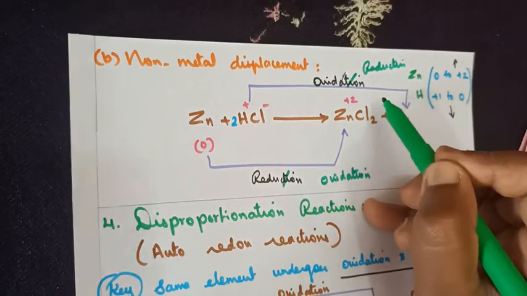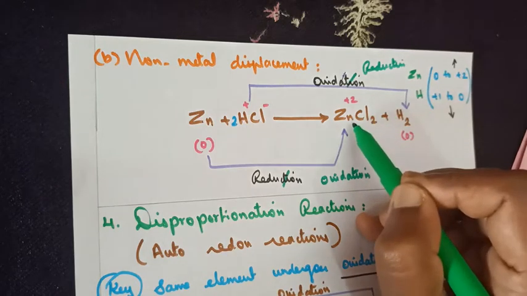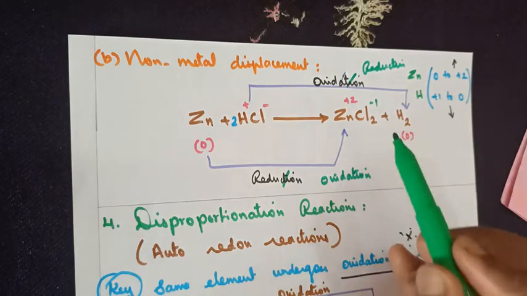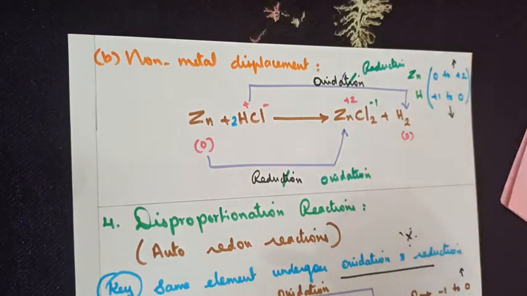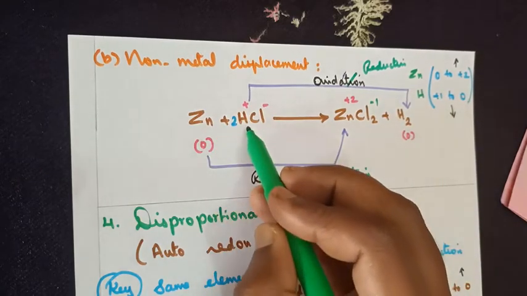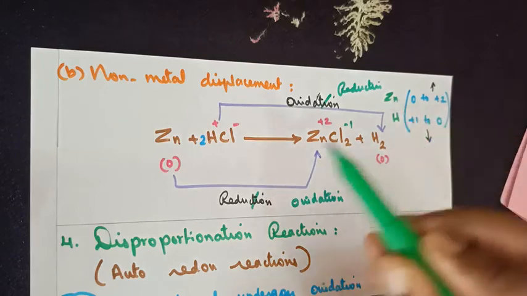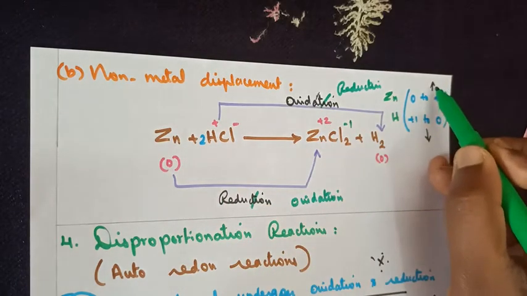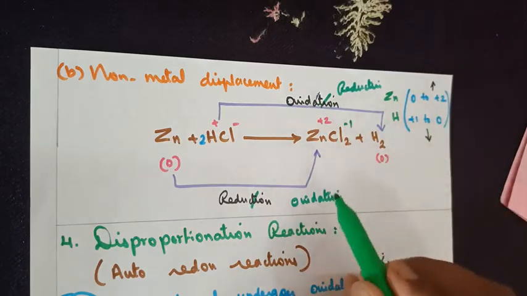So the charge of 1 chlorine, remember, it's not in the elemental form. It's combined with the zinc here. So the charge of chlorine is -1. In terms of chlorine, on both sides the charge is -1. In terms of zinc and hydrogen, we see the different charge. Hence I have written zinc: from 0, it's reaching up to +2. So there is an increase in the number. Hence it undergoes oxidation.